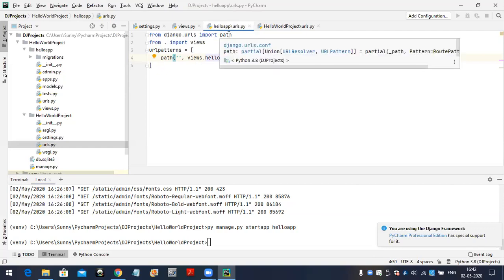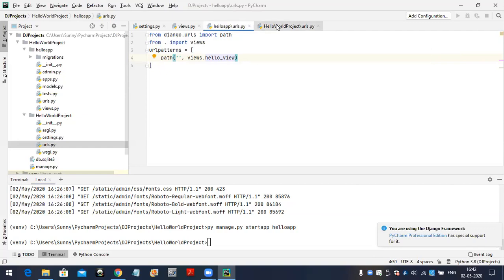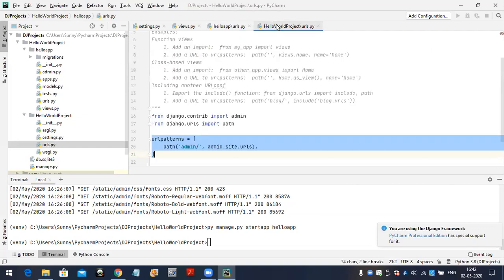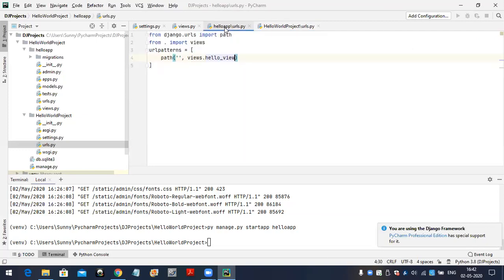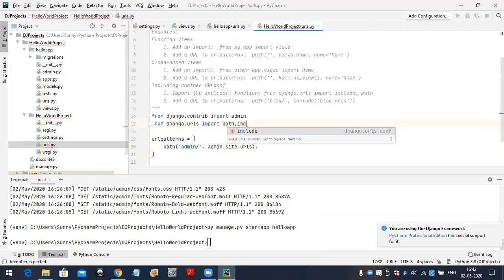Now, at the application level we have one urls.py file. This urls.py file we have to include inside the project level urls.py file. For that, after path just import one more thing, which is include. Now go to the path here.